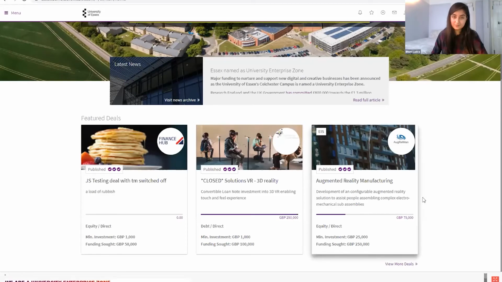And the words that you use, the semantics, are so important. We have found that putting a load of rubbish, which I have done here on this test one, actually conjures up the question, what's a load of rubbish? You've got to come up with something that's going to attract someone's interest very, very quickly indeed. And I think that's so important to remember.